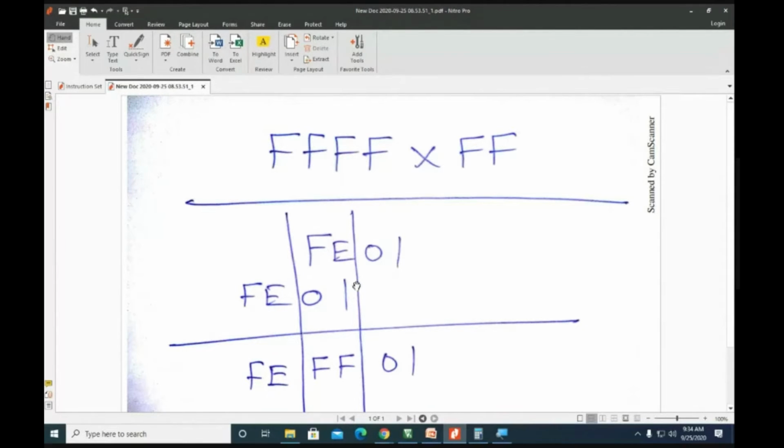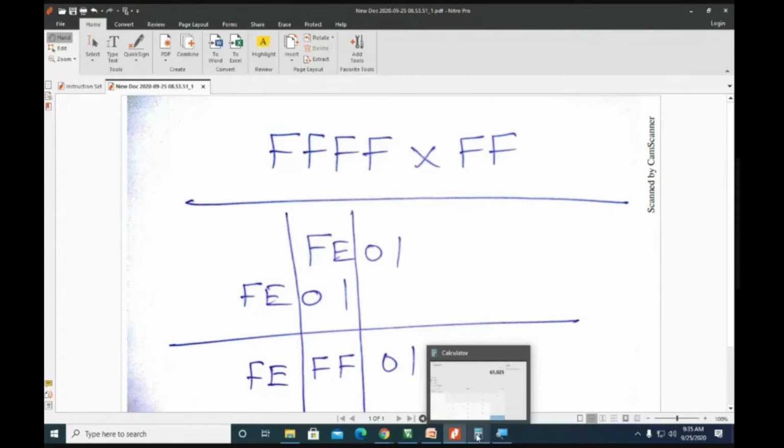So add this accumulator content with the earlier stored content, and that result you have to send to data memory location 22 or something. Then we can send the B register content to another memory location. You'll get the product like this. So this is how we can perform the multi-byte multiplication.